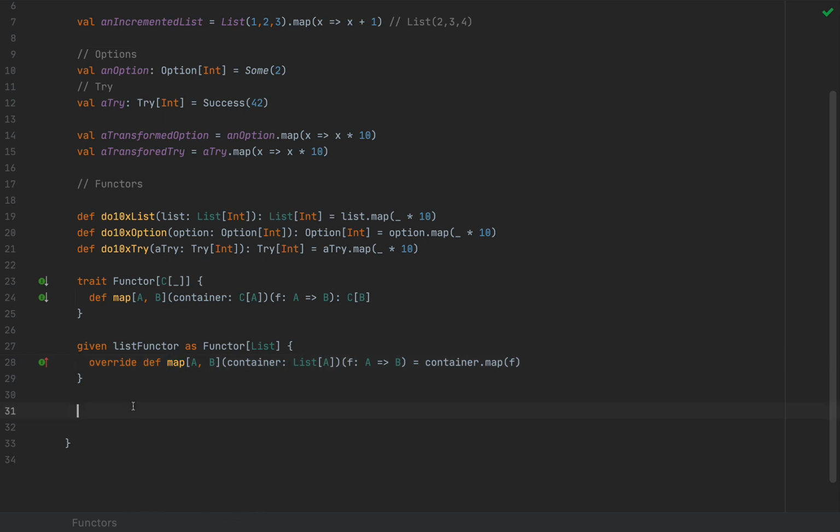Well, the interesting thing is that once we have functor instances for all the data structures that we'd like to support, for example, List and Option and Try, or whatever other data structures you might want to support, you can generalize this API. So instead of having 3 methods and needing to add a new method every single time you want to support a new data structure, what you can have is a stable API,